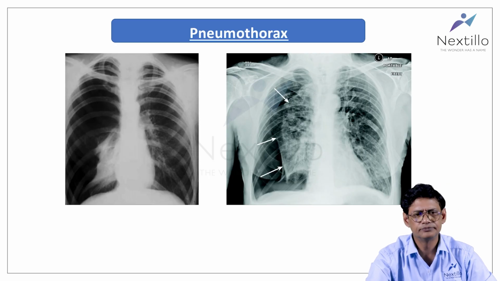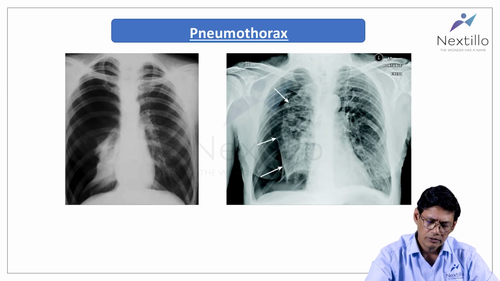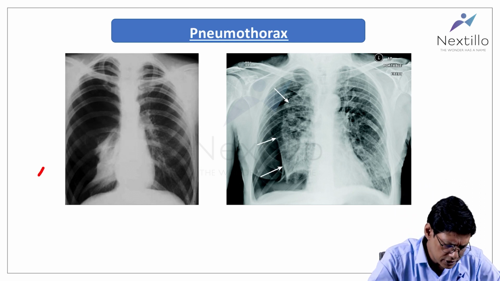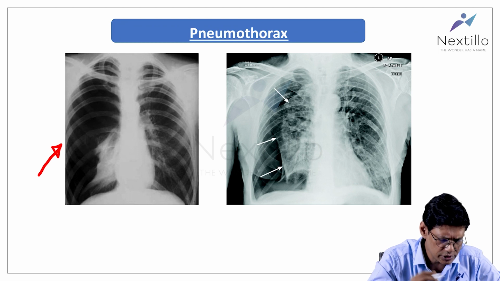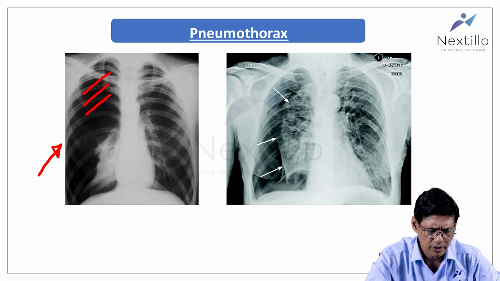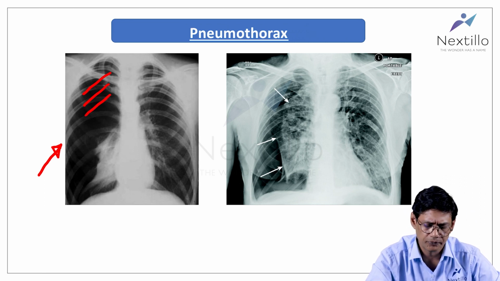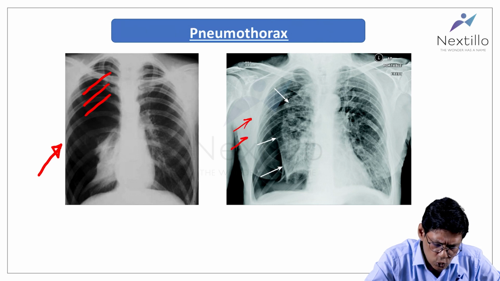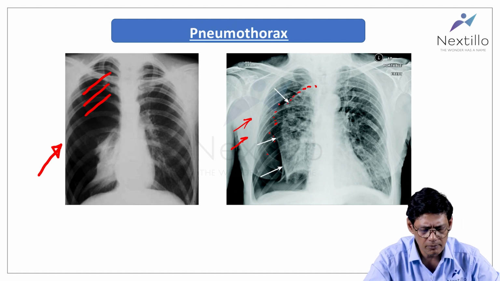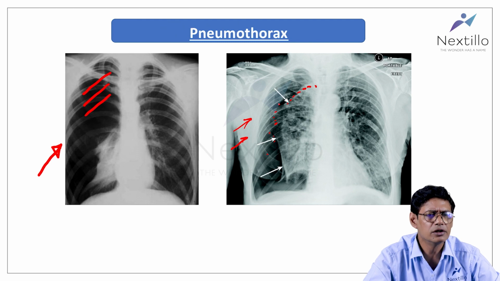Question number four. This is how the pneumothorax appears on the X-rays. The first X-ray is very clearly showing us hyperlucency of the whole right lung over here. Everything has become hyperlucent. In this second X-ray also, we can see the hyperlucency in the outer part over here, and there is a collapse of the lung margin. The lung margins are shown with the white arrows. So these two are both the X-rays seen in pneumothorax.